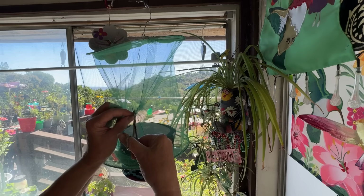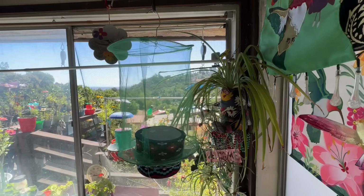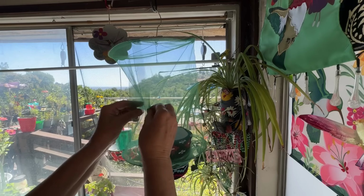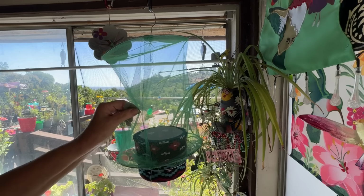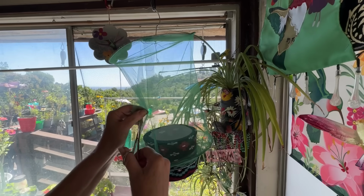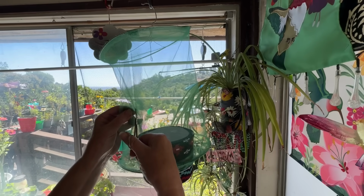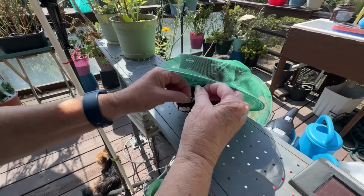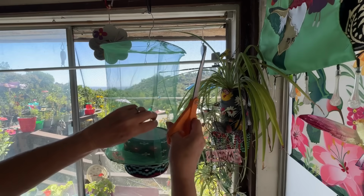Take your time, because we don't want to just tear it all open, because I think we can put this together really neat, where we'll be able to do it a little differently than the first one I did. Now with the first one we made, we just have to put it on the table, slip it out. I'll show you that when we're done with all this, how easy it is to do it on a table. But we're going to do this one in case you want to not